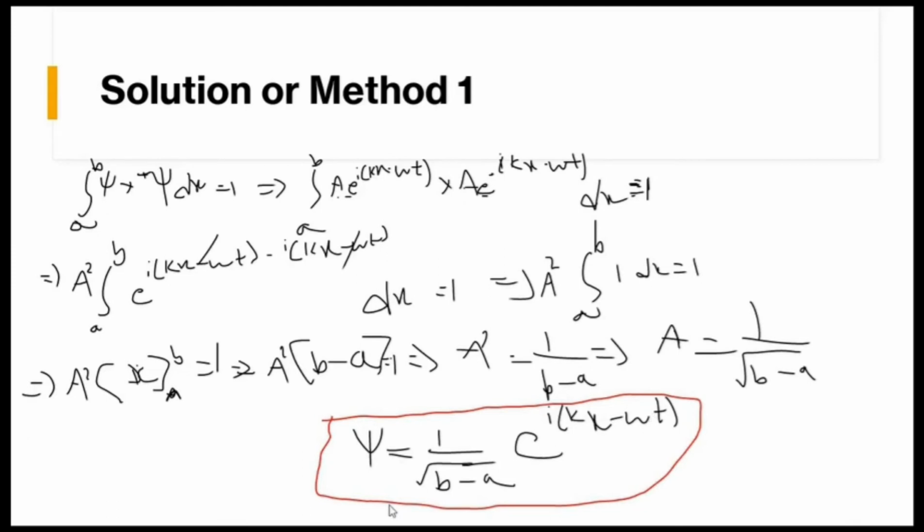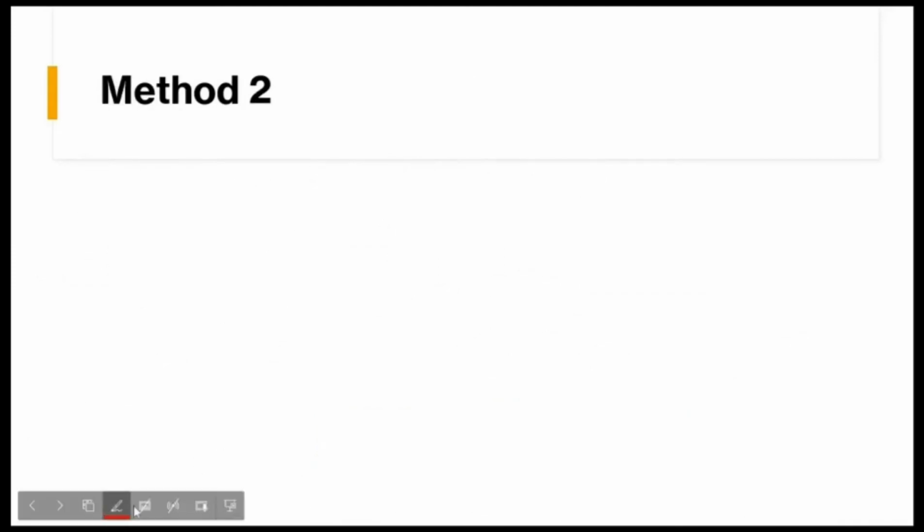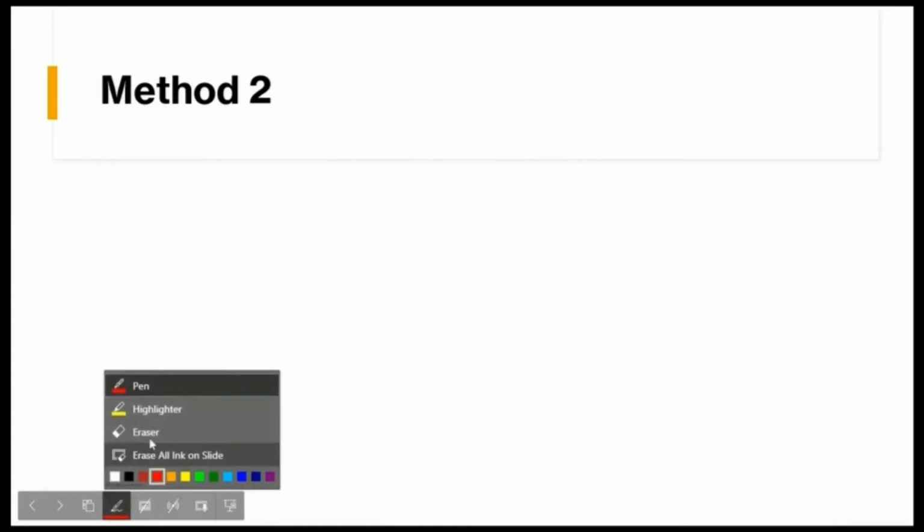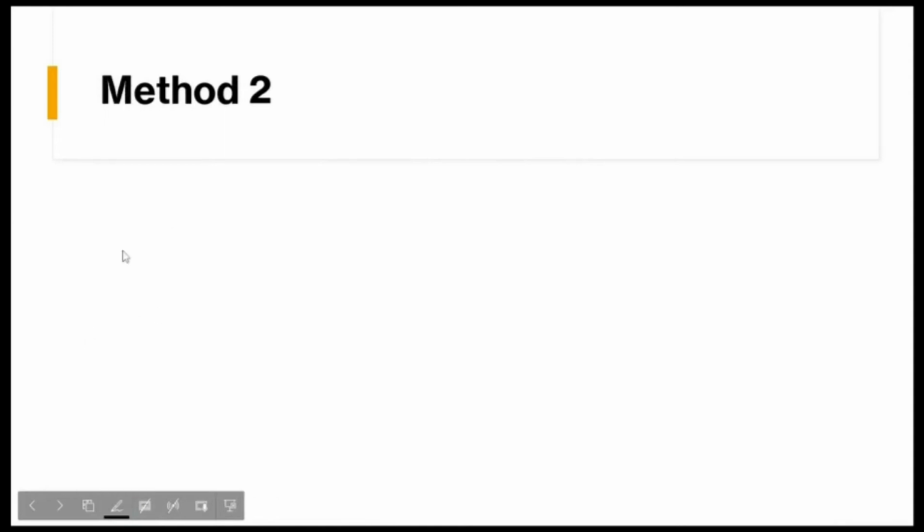So this is a wave equation. Method 2 is different. It would be utilizing the cos and sine functionality of the complex numbers. The normalization would be the same. So phi would be equal to A e to the power i(kx minus omega t), which would be equal to